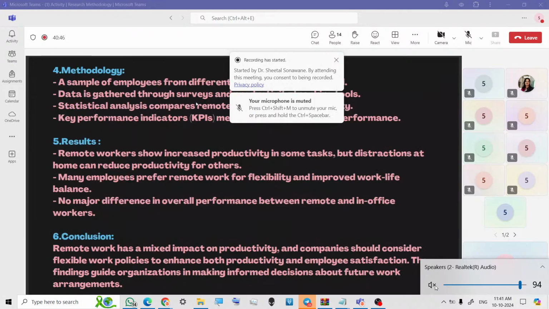Now the methodology and data gathering. In both